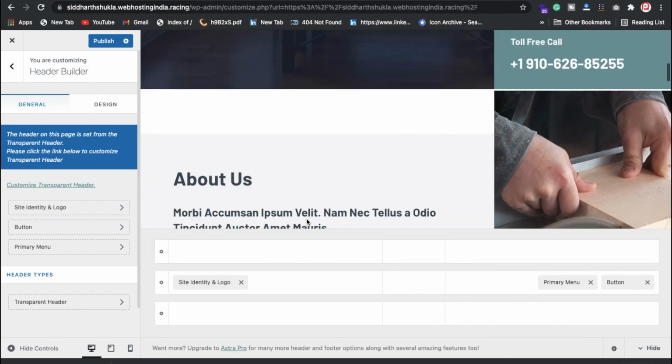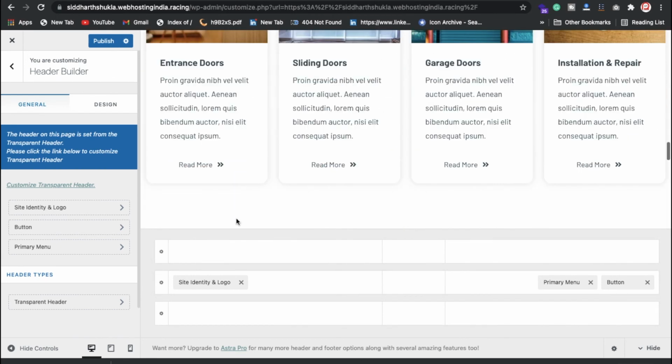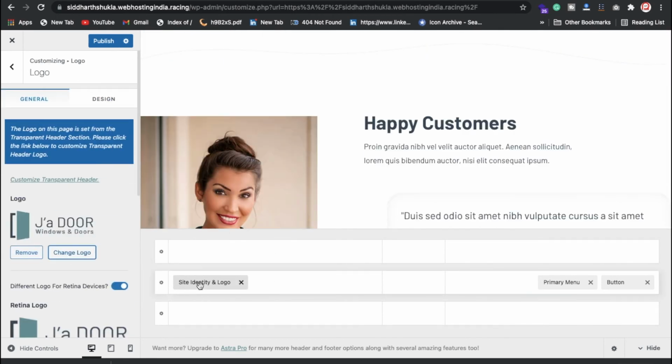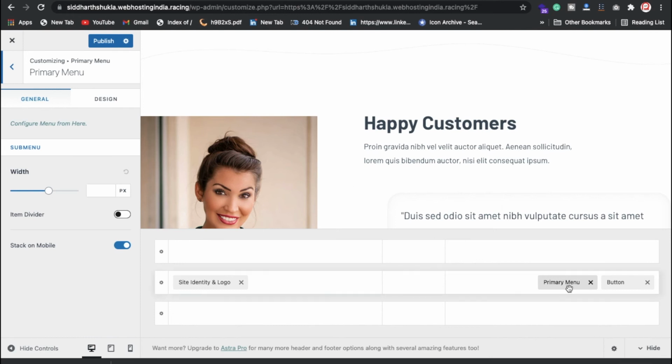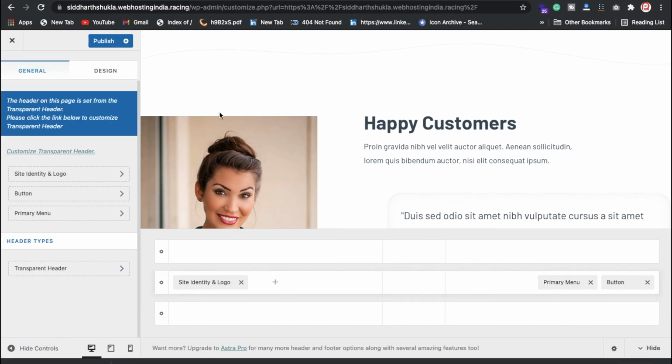And now I'm going to show you how you can change your footer part. You need to click here on the site logo, and this way you can change the logo. And here you can also change the primary button, whatever primary things you want to put here. So this way of course you can change. And let me go to the home page again.